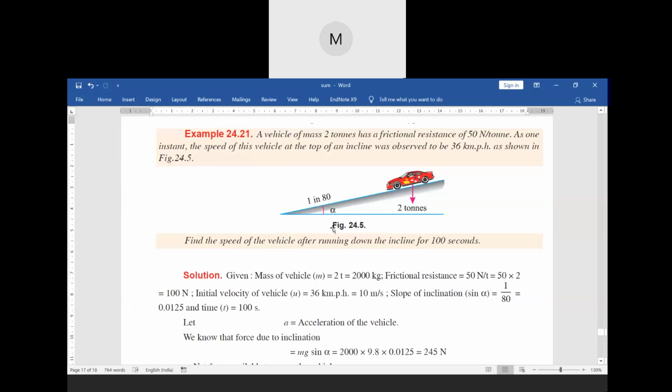Now look, let us discuss the numerical. So in the numerical, it is given what? The mass is 2 ton. So 1 ton is equal to what? 1000